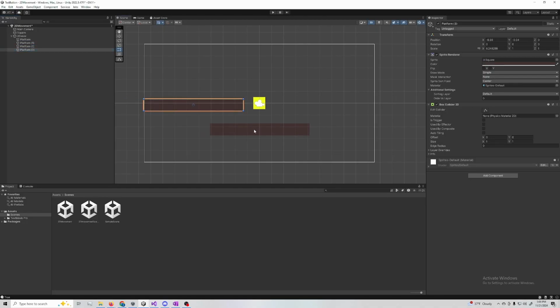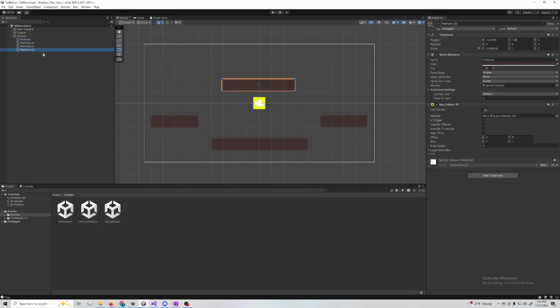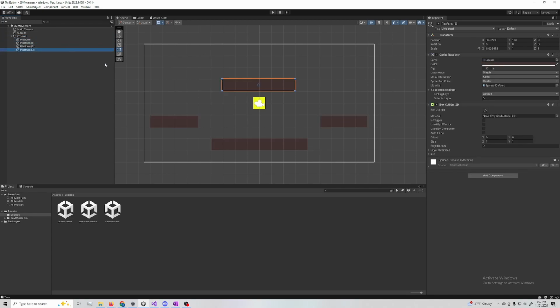Let's scoot them into the rough positions. Well, let's have one up top, and we have one on the side, and we have this one over here. Let's shrink these 2 side guys so they're like not hanging off the edge weird like. All right, we almost have everything we need in here. So we've got our level platform, we got our 4 platforms. They all have box colliders, so that means when our character touches them, they won't fall through, but we need